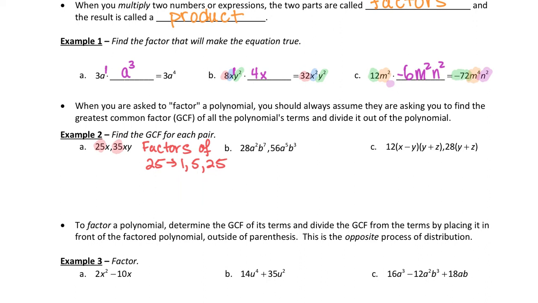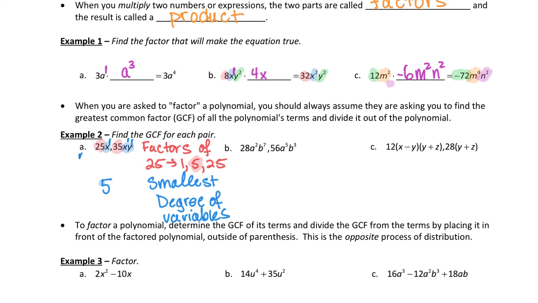And then which one of those factors divides evenly into 35? Well, the only one is 5. So that's the GCF of the numbers. And okay, so 5 is my numerical GCF. Now I want to focus on those variables. What we want to do is find the smallest degree. Even though there aren't numbers there, we know there's some ones there, ones above the x's and one above the